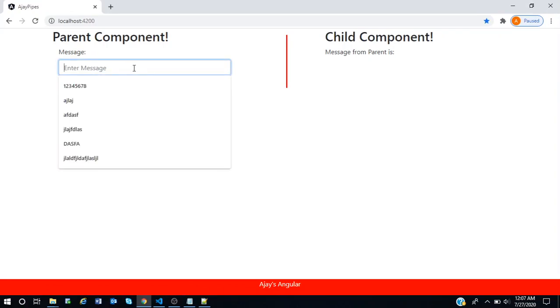Now my expected output is whenever I enter something in the parent message text box, the child should be able to print it. Ajay's Angular, as you can see. When I am clearing it, you can observe that the data is getting cleared. Whenever I make a change in the parent component, the child is getting affected. This is how you pass the data from parent to